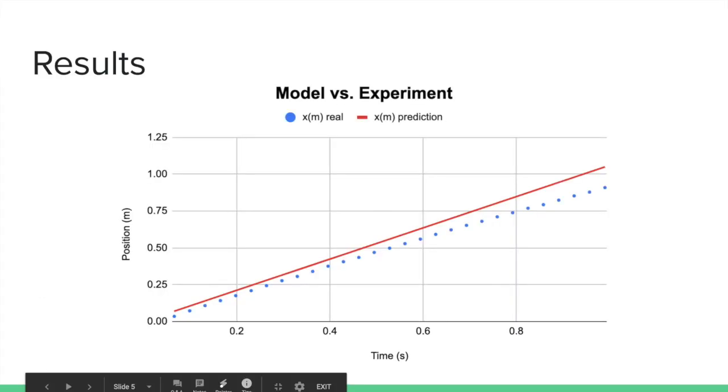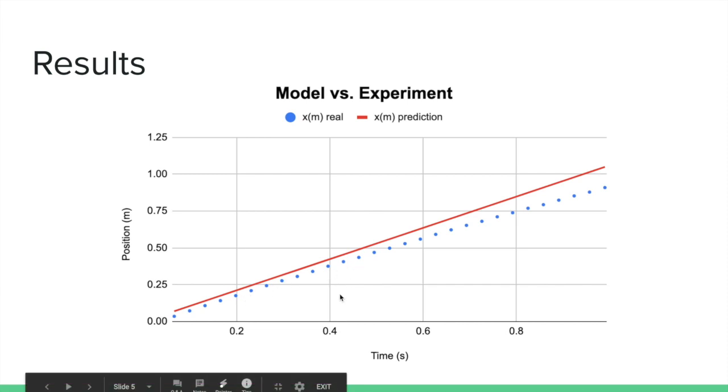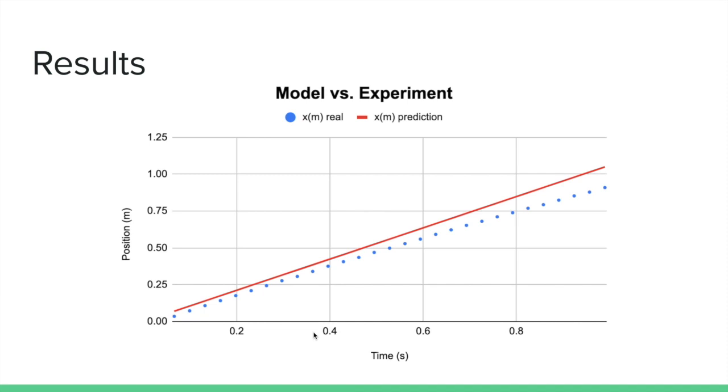Upon reviewing the data collected from both the experimental setup and computational model of the container's motion, we see that the velocity of the computational model is perfectly linear as expected. Although the observed motion was quite different from the computational model, being that the model does not account for friction and air resistance, I would still say that overall the computational model did a good job of modeling an object moving in constant motion. With the simplifying assumption that there was a net force of 0 acting on the object, we were able to predict the object's future position and velocity using the momentum principle, while neglecting air resistance and